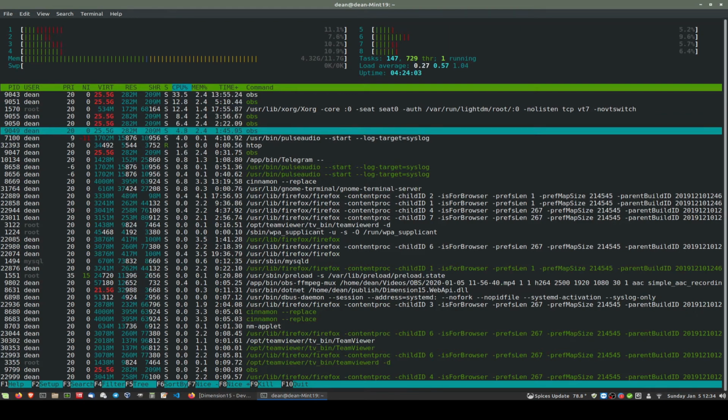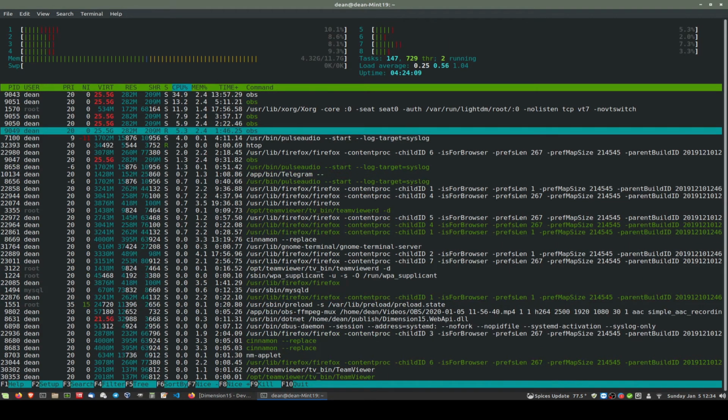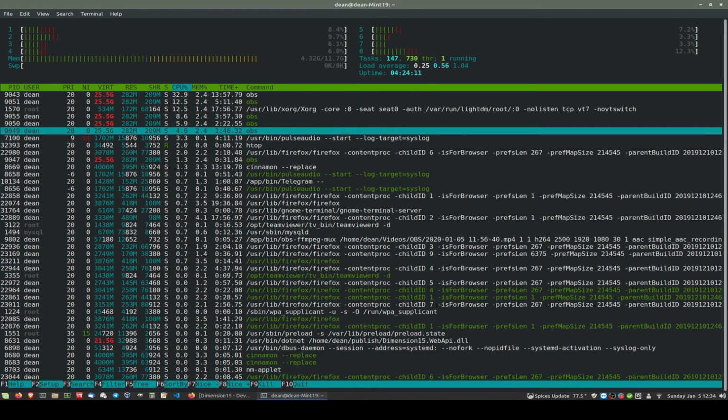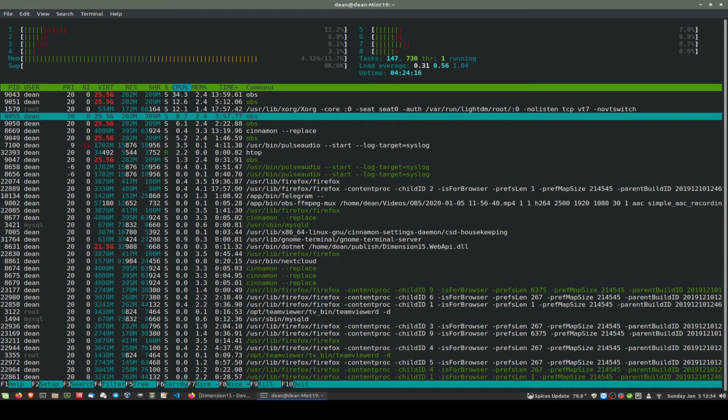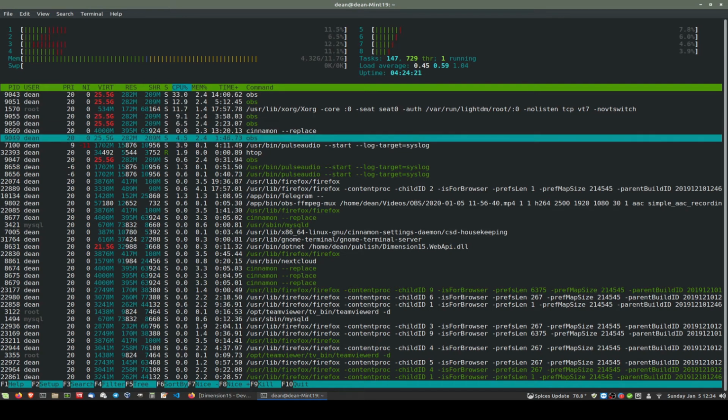I do understand this is the command line now. It's not a graphical interface like you'll be used to with Task Manager, for instance. You can right mouse click and you can end a task. But there are different ways of ending tasks and so forth, and you have those options here. So let's say I want to kill something. Let's say I want to kill